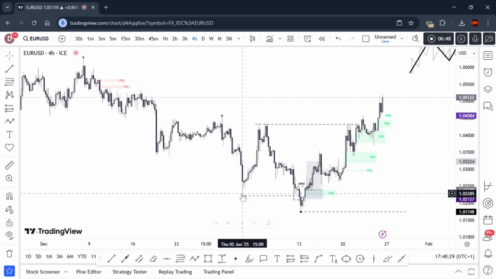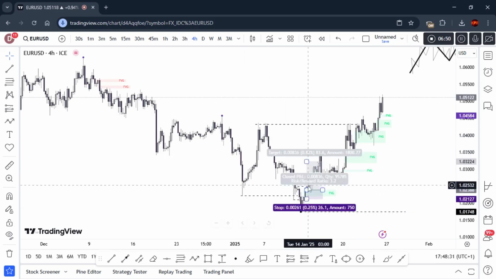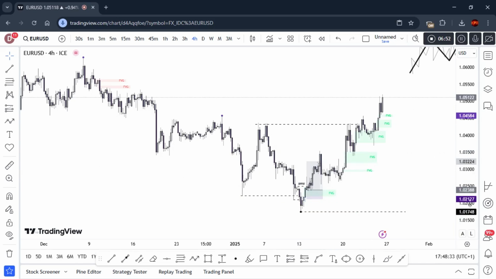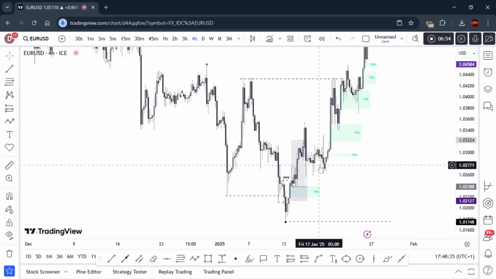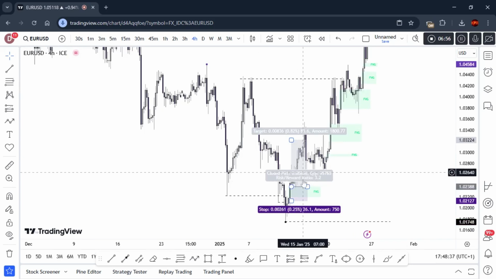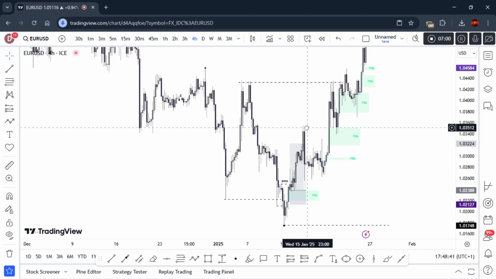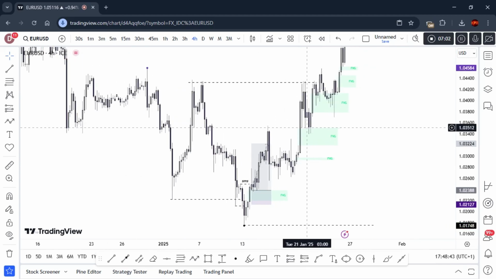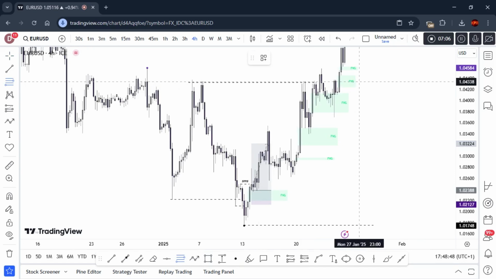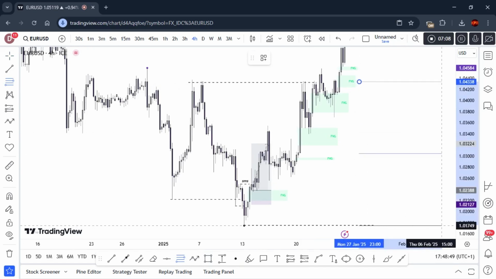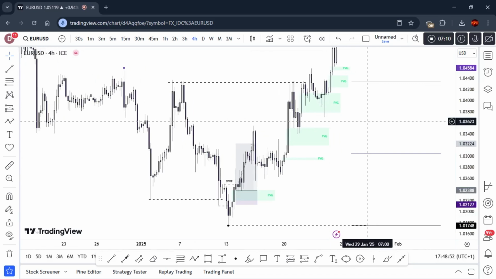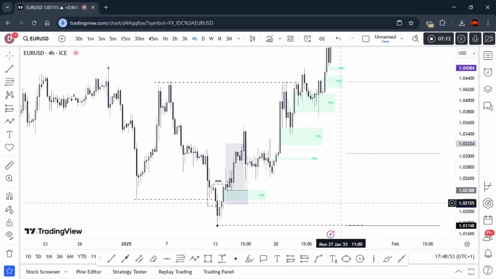And now, after this continuation that had this break of structure, the next objective was to pull back, is it not? And then that was where we went down to the 1 hour time frame to catch this trade, and then we started pulling back. And we know that we're not also going to pull back forever, right? Because I'm sure we already know our premium and discount. We should know our premium and discount, is it not? We sell in a premium and then we buy in a discount. So you should know that